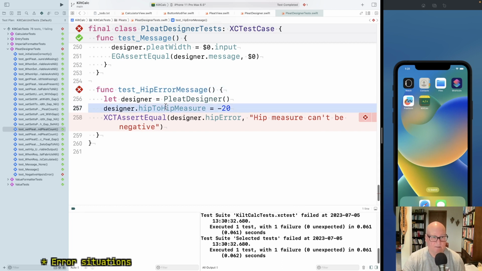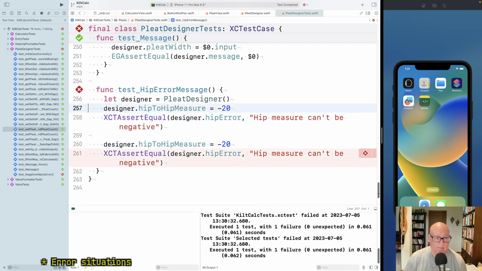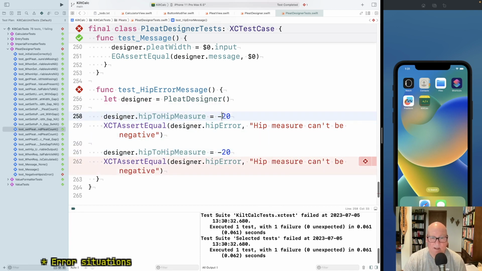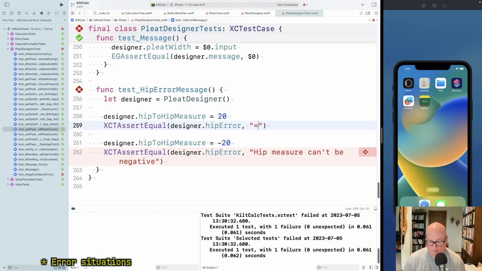All right, let's do this. I don't normally put two tests in, but I think it will help clarify. If it's positive, it's not there. Hip measure can't be negative. If it's negative,